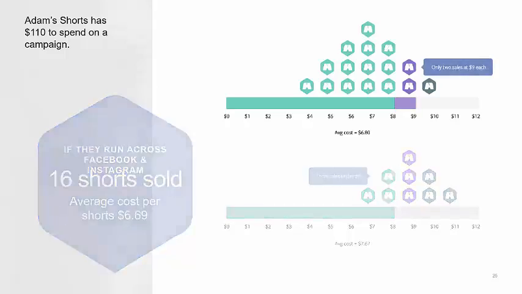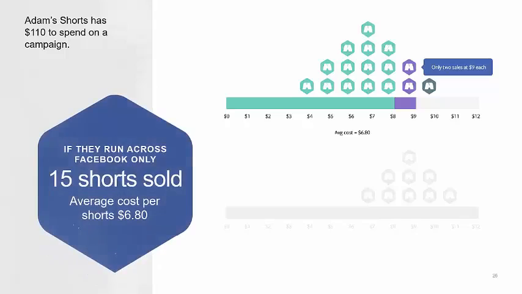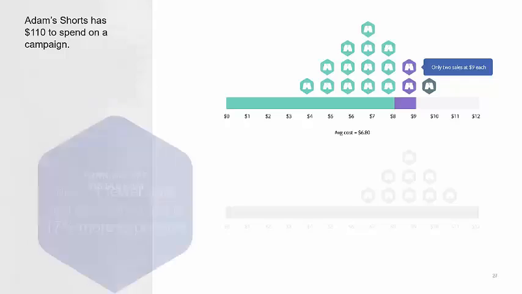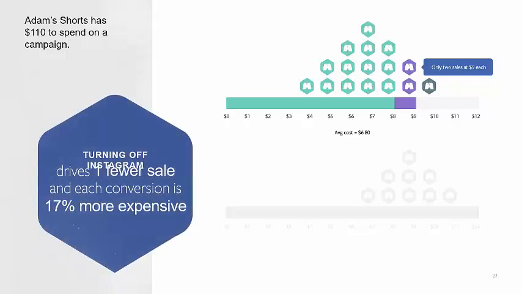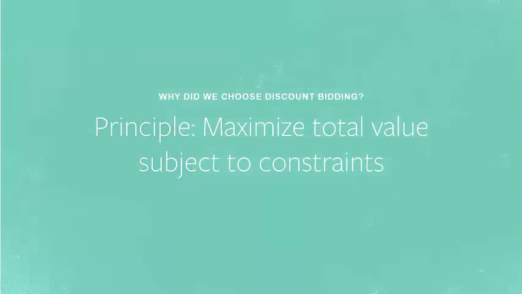However, look at what happens when Adam decides to remove Instagram from his placements. Our best response bidding system will have less available auctions to bid on, and will have to run less efficient placements. Because of this, when running on Facebook alone, Adam sells one less pair of shorts, and his average cost per conversion is actually 17% higher. Best response bidding effectively draws upon the increased auctions available in additional placements to drive more results with the same budget. Each of these examples illustrates one of the core principles defining Facebook's auction system: maximize total value, or results,